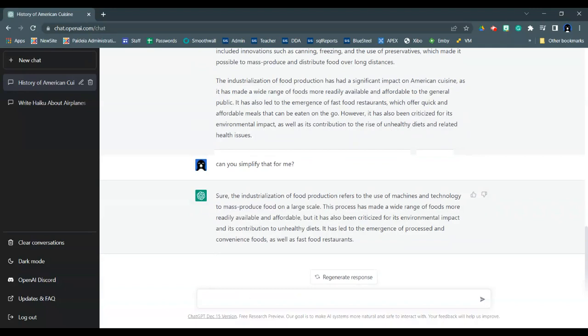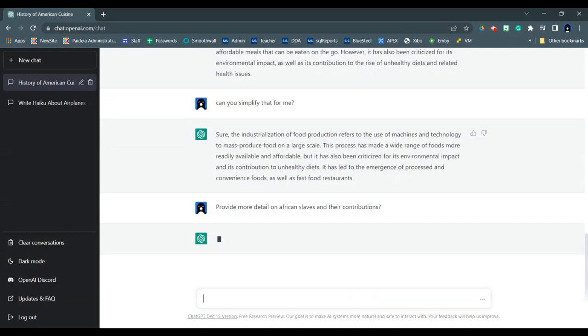So I can say something like, provide more detail on African slaves and their contributions. Notice I don't say contributions to what. It should be able to infer from what I said that I'm talking about their contributions to cuisine.